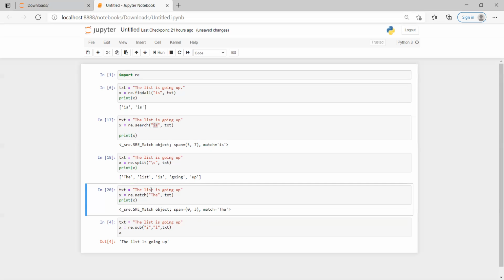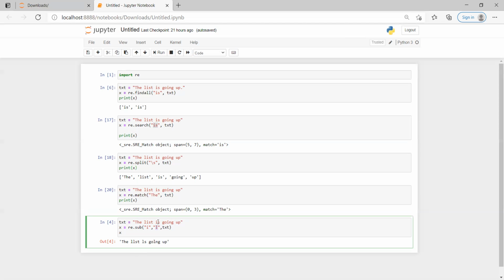Now we will look into how to change or replace a letter using regular expressions. Here I have some text. In this regular expression, I'm calling the substitute function. In this substitute function, wherever I have "I" I want to replace it with "L".